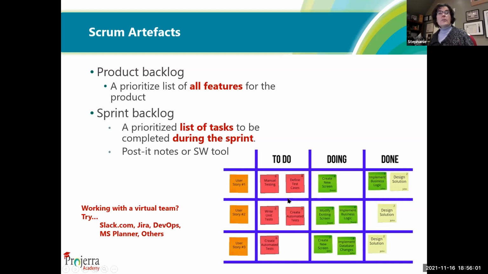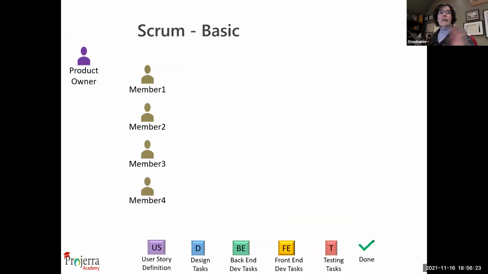And it should be up to the team members to voluntarily self-select which one they put into the doing pile. And it sits there until it's done, and then it gets moved over to the done pile. It's pretty simple. It doesn't get more simple than this. It's very straightforward. Although for somebody that's new to Scrum, it can be a little bit confusing how everything is so self-directed. Here's another little demo for you.